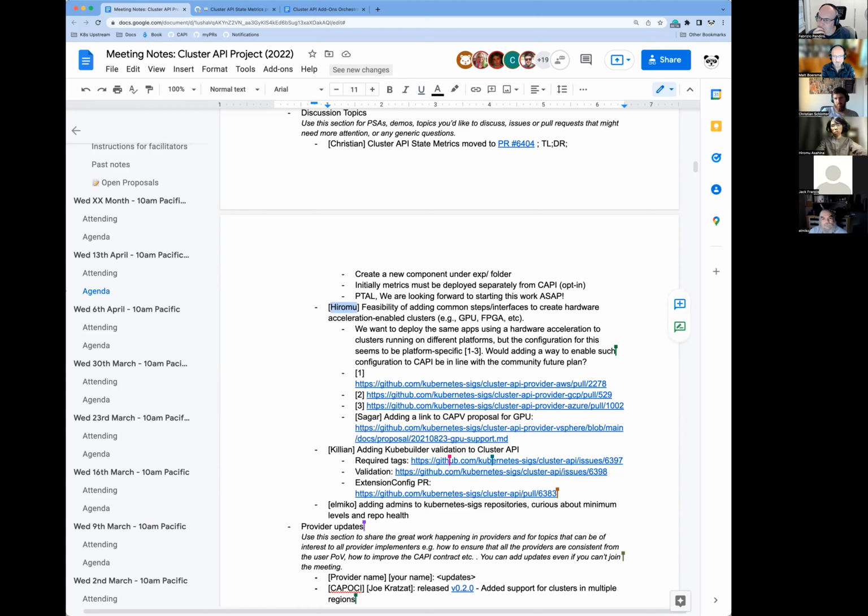We are a telecommunication company, and we are now planning to use Cluster API for managing clusters.